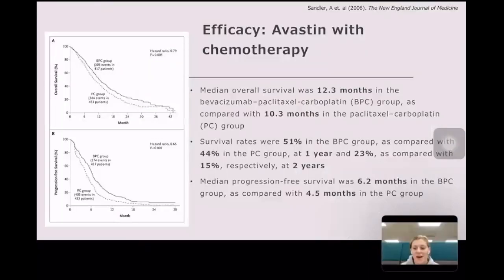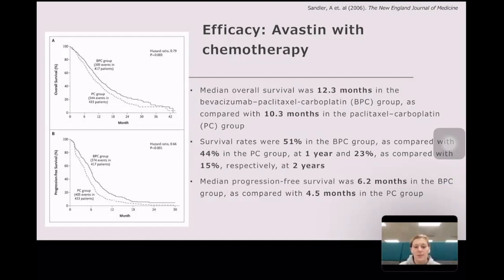All right, so now looking at the efficacy of Avastin, I looked at a study that says Avastin in combination with carboplatin, which is a DNA damage-inducing chemotherapy, and paclitaxel, which is a microtubule stabilizing chemotherapy, is a first-line therapy for advanced non-small cell lung cancer. This study compared the effectiveness of paclitaxel and carboplatin, labeled PC, to paclitaxel, carboplatin, and bevacizumab, also known as Avastin,